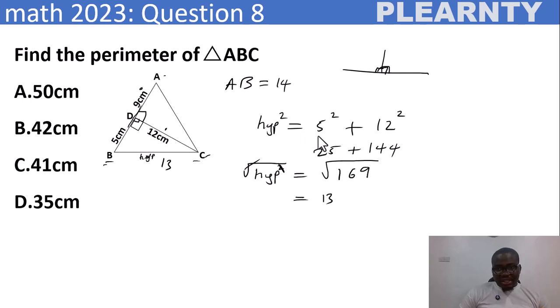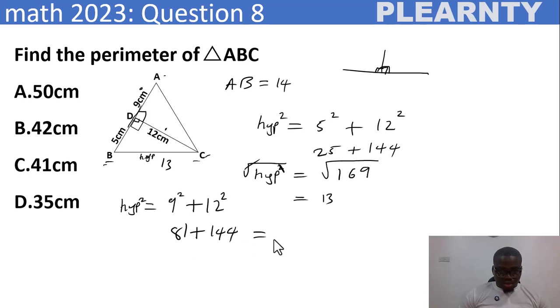So if you plug it in and say hypotenuse square equals 9 square plus 12 square, you have 81 plus 144. 81 plus 144 is equal to 225. And this is the square of 15. So you can say